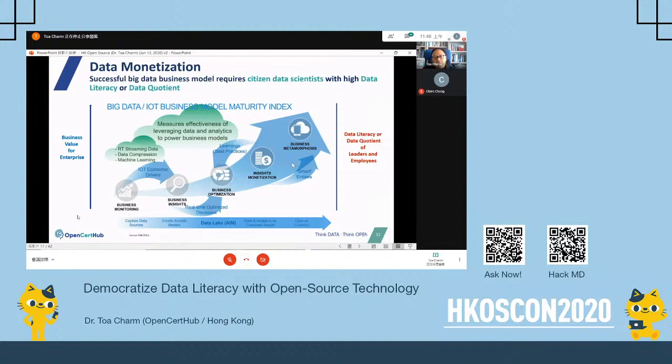Why do I say talk in data? Because we see big data is not a technology. Big data is a language. It's a language for the digital economy. So if you want to be successful in the digital economy, everybody in your company needs to talk in big data. That means they are sufficient enough and good enough to make use of data for their daily jobs, and they can work closely with the data scientists to make them even better together.